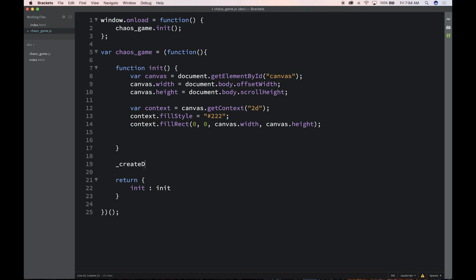Alright, so that's all we need to do, and the last thing we need to do in our init is create those 3 anchor points. So what I'm actually going to do is come down here and create another function. This is going to be a private function, so I'm going to lead it with an underscore, and I'm going to call this createDot, and it's going to take the same arguments that the